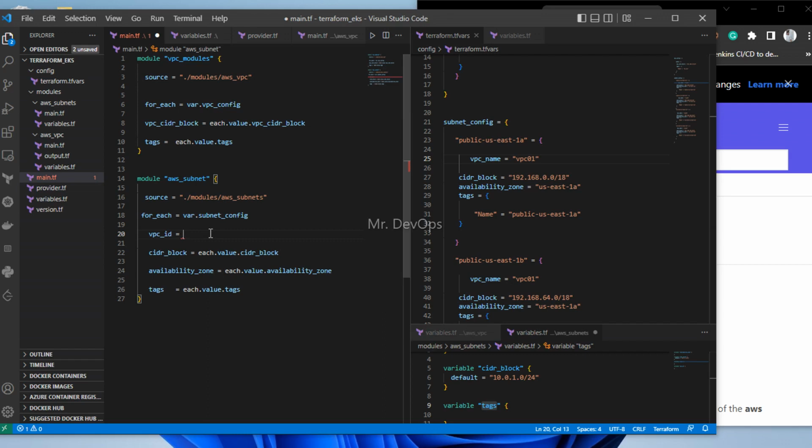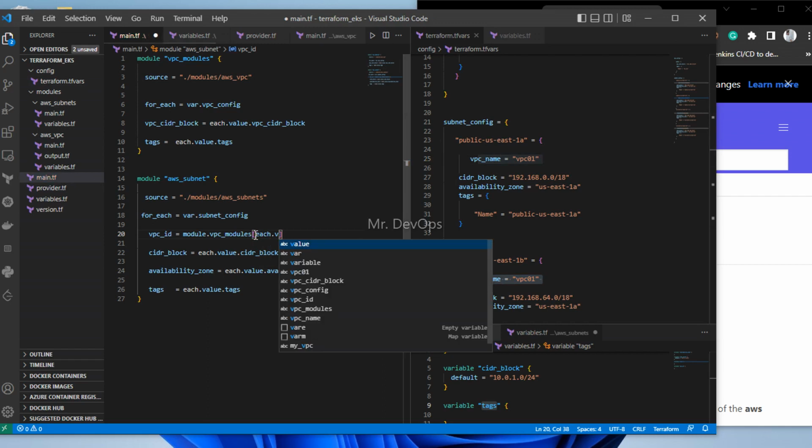That is a question, right? So for that, we have to call the particular module. Okay, so module dot VPC. This was site module dot VPC modules. Here, once you are calling this module, you have to call a particular VPC. If suppose you are having multiple, you have to call the particular VPC. That is why we have given this name, right? How will you call? Each dot value dot,